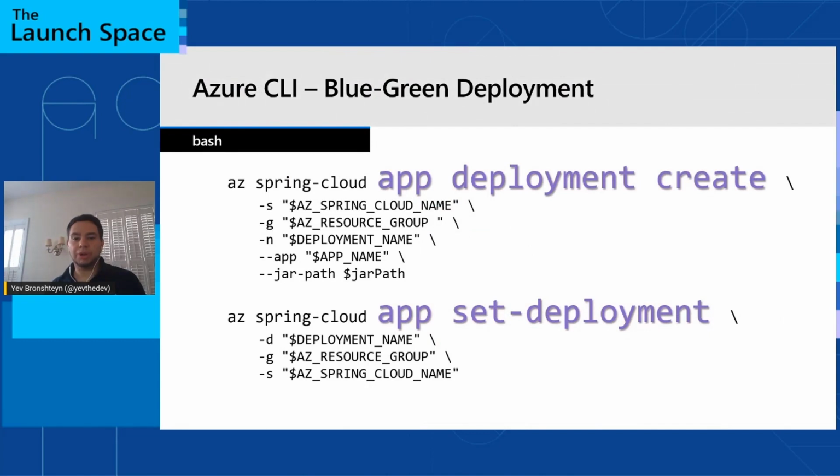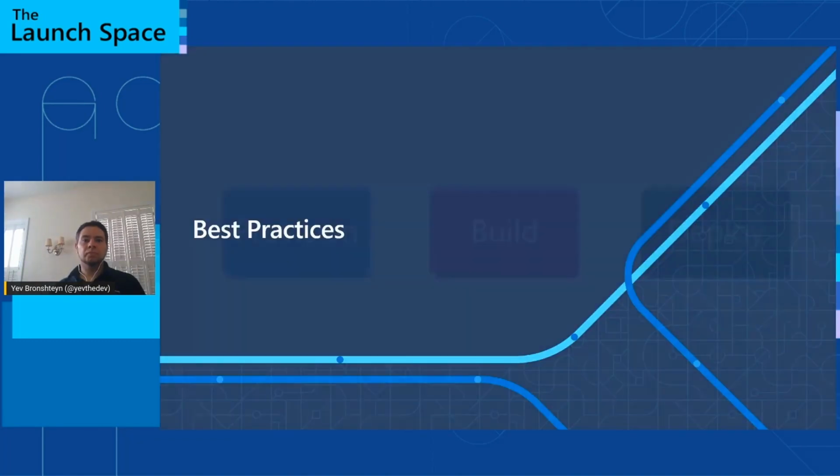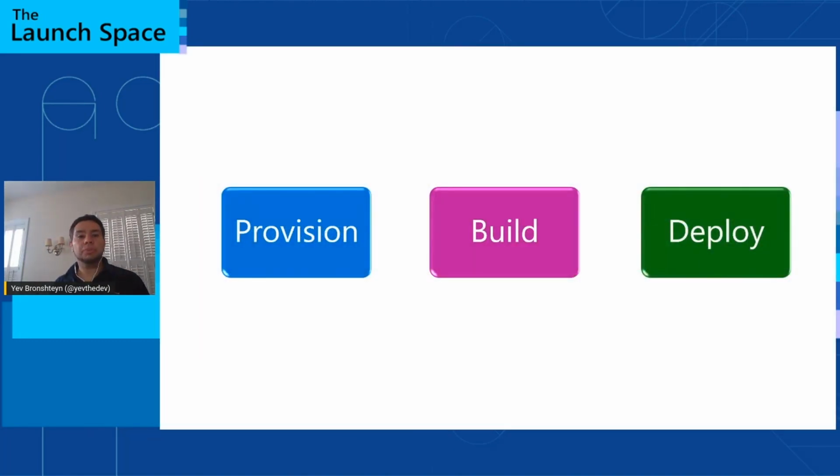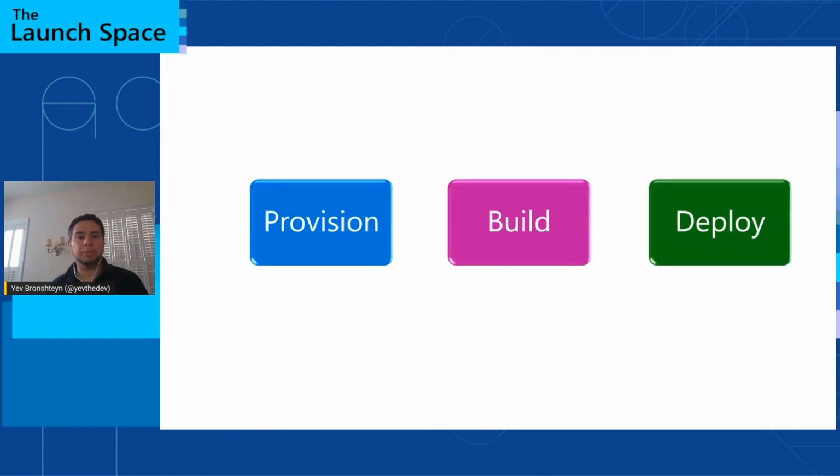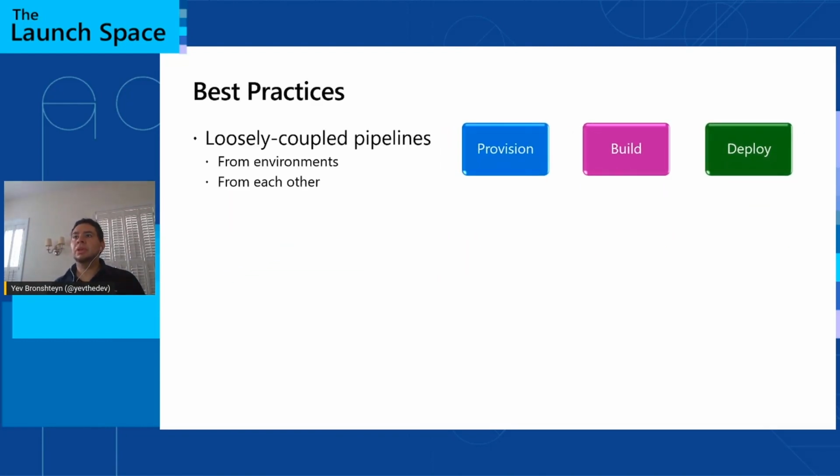So let's talk about some best practices for using Azure DevOps and Azure Spring Cloud. First, we talked about having 3 distinct decoupled pipelines. This is important. When you decouple pipelines from each other, you allow yourself and your developers to troubleshoot and rerun any one pipeline without influencing all the others. For example, you might want to have several attempts at redeploying a build without having to rebuild the application. And you certainly shouldn't need to tear down and re-provision environments or update your environments just to rerun the build